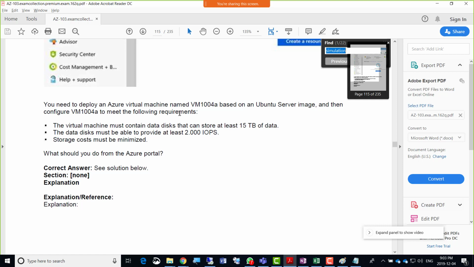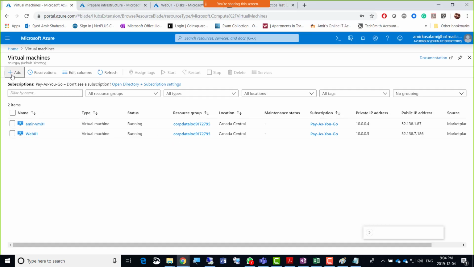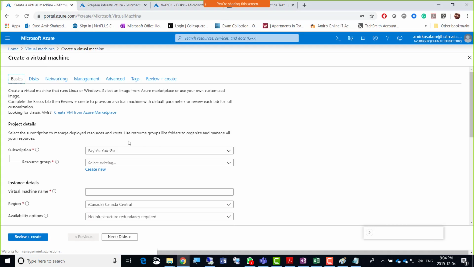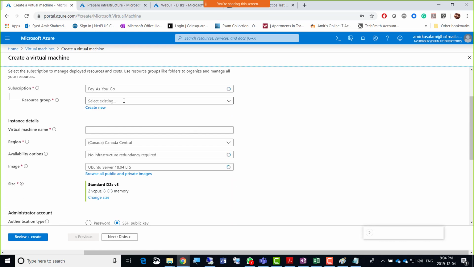Okay, I'll just grab this name here, and it's again an Ubuntu machine, and this time we need to add a disk of 15 terabyte. The virtual machine must contain data disks that can store at least 15 terabyte and 2,000 IOPS. So let's go back here. I'm going to click virtual machine here, add it, and there's the resource group.